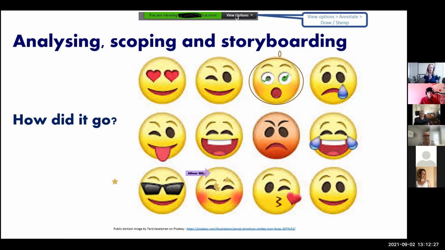Anybody in the oh my God, I'm shocked stage? Anybody want to share anything that didn't work well, or would like some advice on anything? You don't have to out yourself, so you don't have to say I didn't. Right? So I know where you are. You don't have to tell the whole world, but is there anything at this stage where you thought, oh, it would have been good if we had this, or I'm really not sure about that? Because ideally now is a good time to share it, because other people may have experienced something similar, or we might be able to give you advice.